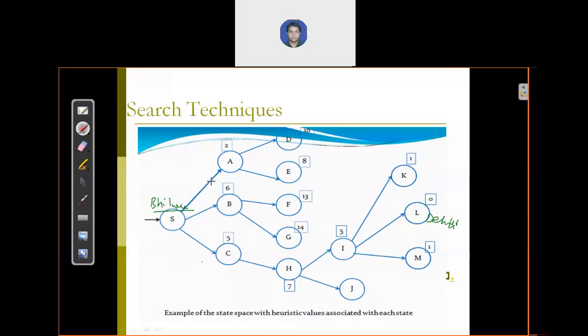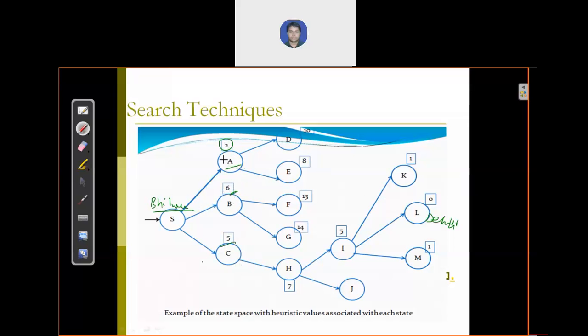You are going to Delhi, and these are the intermediate cities from Bhilwara. What are the other cities via which you can go to Delhi? Suppose this A is Ajmer, this B is some other city from Bhilwara, and C is the city Chittor. From Ajmer it will take some estimated cost to reach Delhi, and from Chittor also some estimated cost, and the other city also shows an estimated cost.